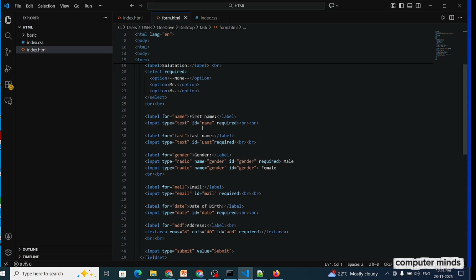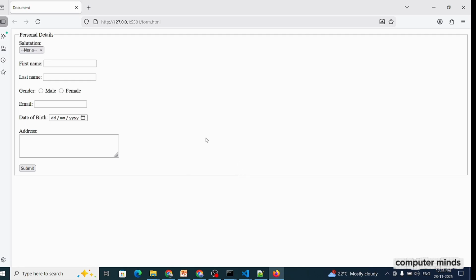When we click the name, it will open a selection like this. When you click the selection, you can choose Mr. or Mrs. When you click first name, it will let you enter the name. It will enter like this.